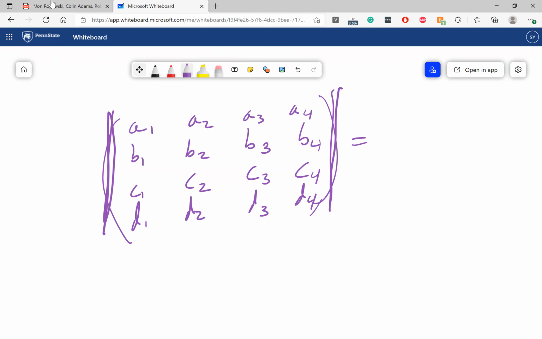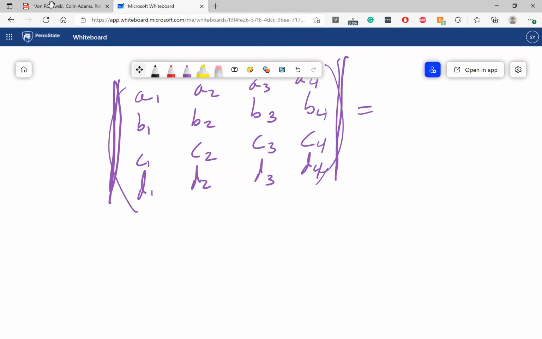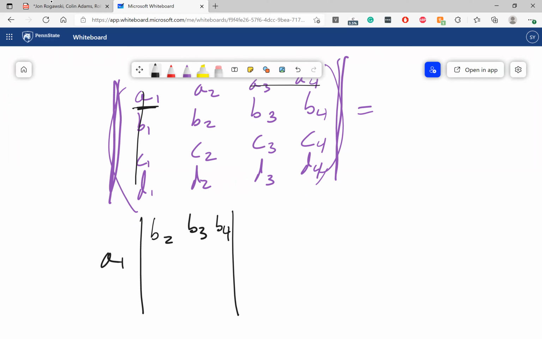Well, you go to your A1, you put that here, A1, times the determinant of the 3x3 matrix. That happens again by crossing out this row and this column. So B2, B3, B4, C2, C3, C4, D2, D3, and D4, minus, because every time you move, you get minus,